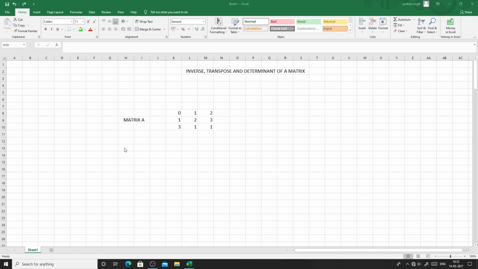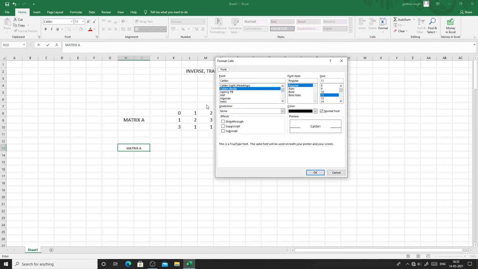So for that we'll just take here some cells, say 2 cells, and then merge them so that we can write down the heading here, matrix A inverse. And how to write matrix A inverse? For that we'll go in this arrow, you can see that, just click on that one. Here you'll be having font, and then effects are there, strike through, superscript, subscript.